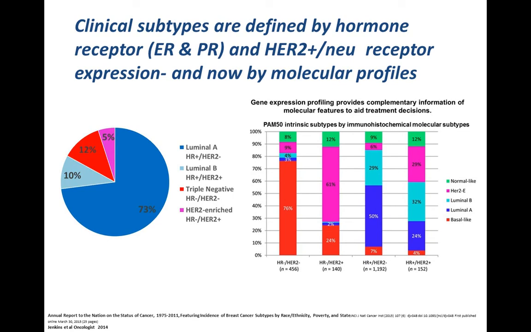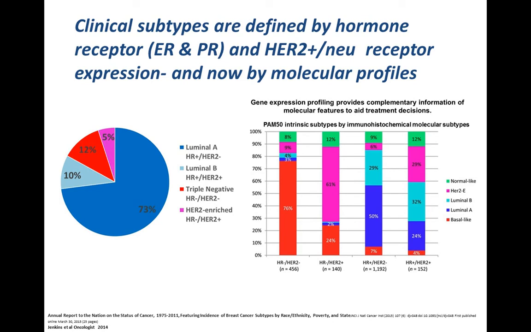So those subtypes are shown here. What you can see is that about 73% of all breast cancers fall into this luminal A category, and there are about 12% here in the so-called triple negative. This isn't really very helpful. So what we're doing now instead is classifying them based on this 50 gene set, the so-called PAM50 gene set, which allows us to look at intrinsic subtypes in a clinical setting, and tells us a lot more about the biology of breast cancers.